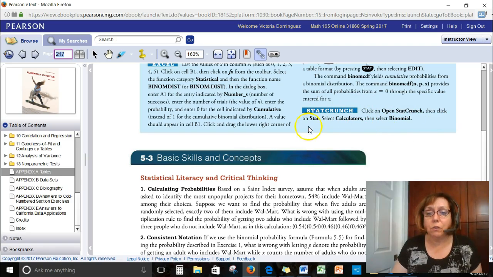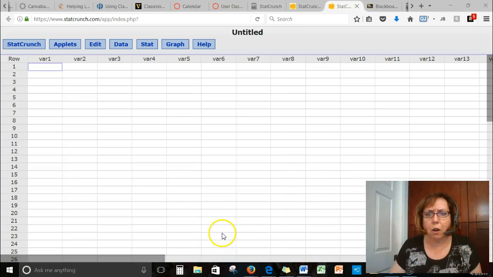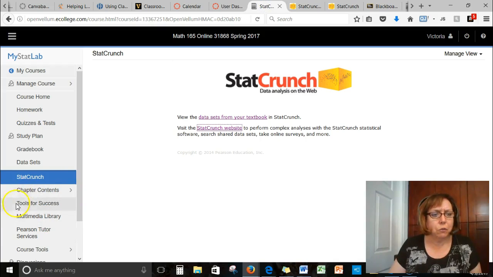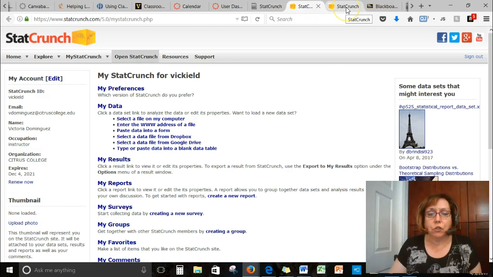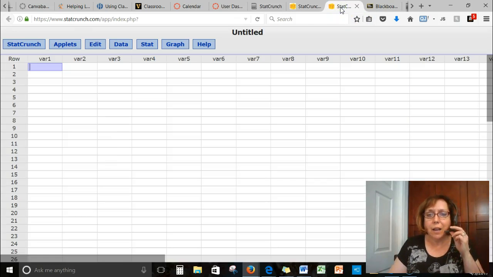It tells you what to do, that you go to Stat, select Calculators, and then select Binomial. I'm going to demonstrate that right now for you. I have StatCrunch open. So again, how do you get to it? You go to StatCrunch on the left side of your MyStatLab screen, and then click on Visit the StatCrunch website, which will show you this screen, and then you open StatCrunch, and then you'll get to here. StatCrunch looks like Excel, but it is